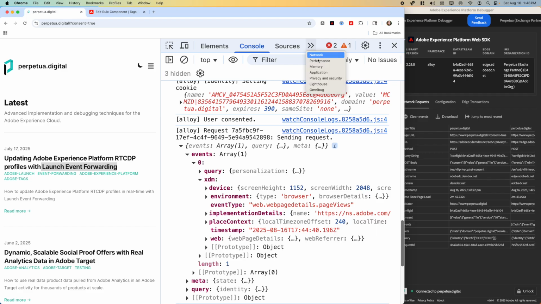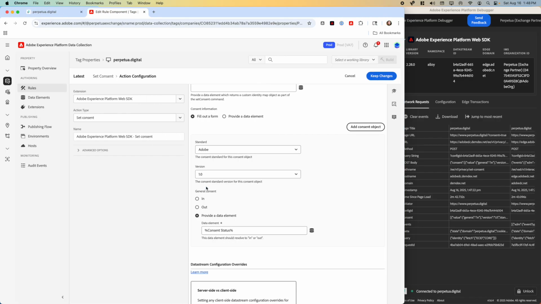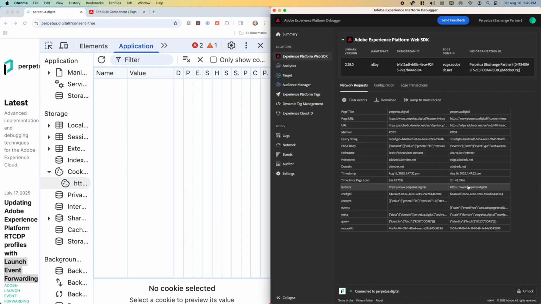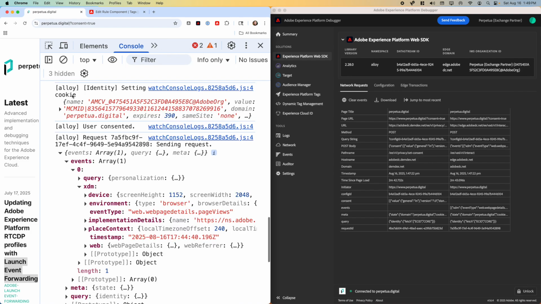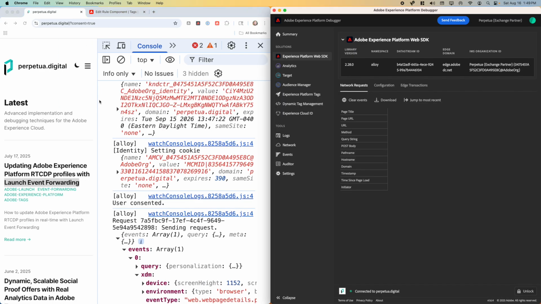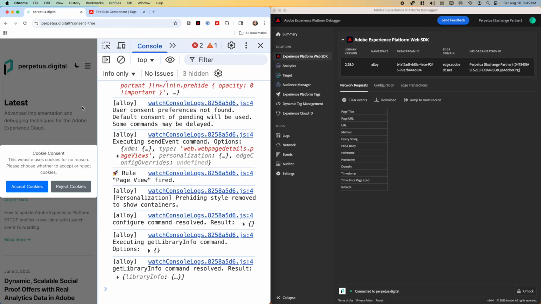So if I reset, let's just reset everything. We'll reset all that. Okay, so we'll clear this out, and now I'm going to reject cookies, and we'll see that the consent status will still get sent, but the event won't. So now I'm basically a new user again, and I refresh, and I'll see